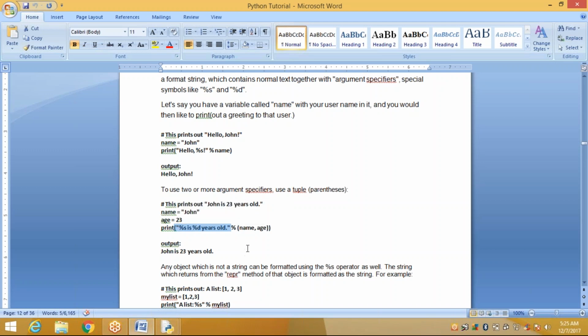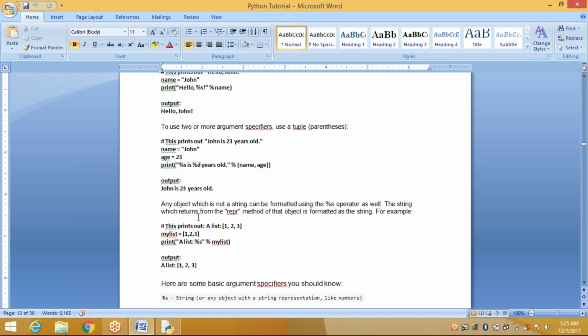After that, percent, and within the parentheses, since you have more than one argument specifier, you can give name and age. So when you print it, it displays John is 23 years old.